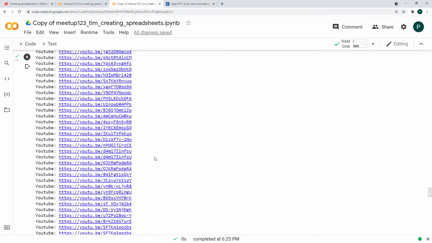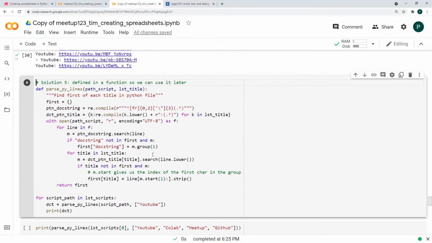All right, let's have a look at the solution. So the solution defines a function, so we can use it later for other things, and it's looking for YouTube, but it's also looking for anything else that we give it. So it's searching in the line, converting to lowercase. That's good. Our pattern title has the pattern there from before, but we're going to create a bunch of pattern titles for every different title that's come in. So we could have YouTube, we could have Colab, we could have Meetup,